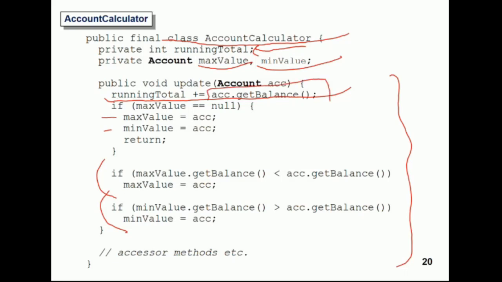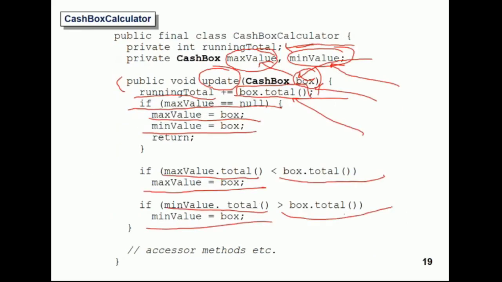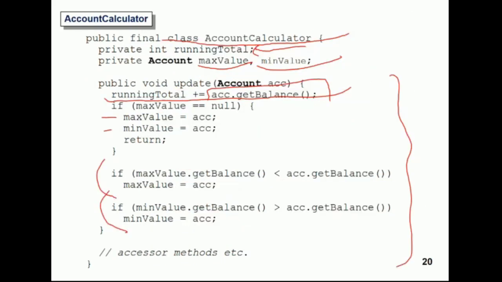Okay, so it's very, very similar. I'm just getting the total from the cash box to do the calculations on that, and I'm getting the total balance from each account to do statistics on all of the accounts. And you notice that these two are very, very similar. So if you run this, it'll do the calculations correctly for the cash boxes, and if you run this, it'll do the calculations correctly for the